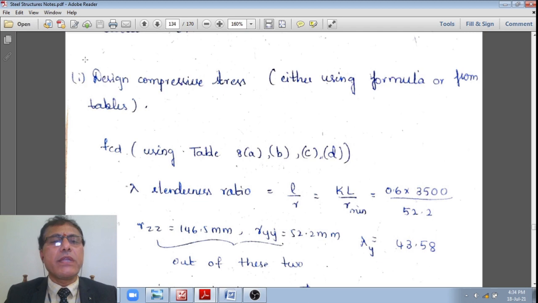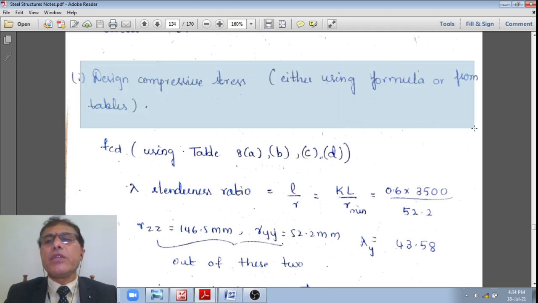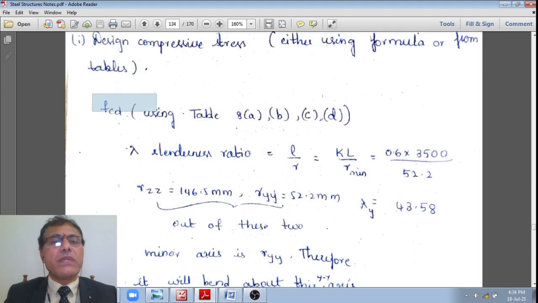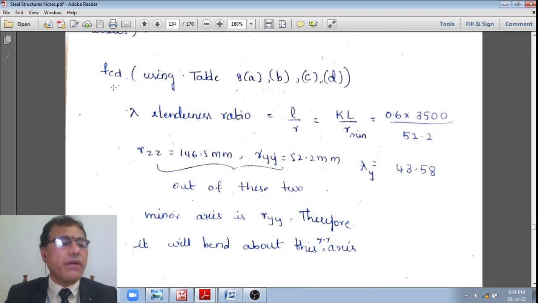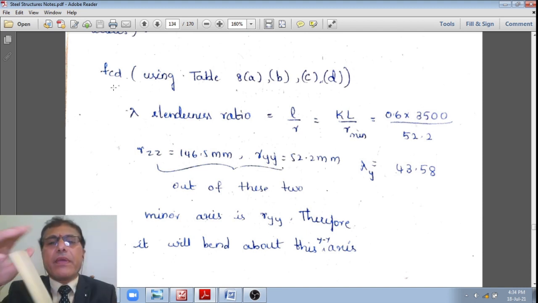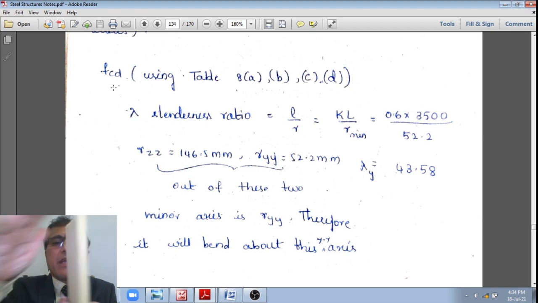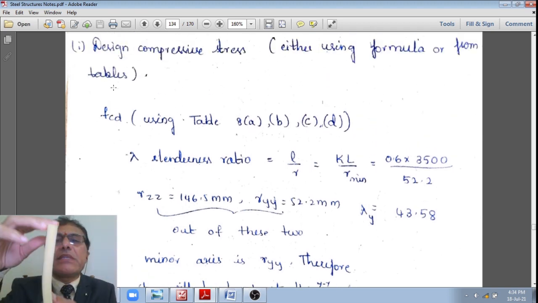Right now, the next subheading is the design compressive strength, either using the formula or using the tables. First we'll try to see what is the design compressive strength using these tables 8A, B, C, D respectively. For which I need to calculate the slenderness ratio, which is defined as effective length to the radius of gyration. Now please make a note, student, I am just calculating this about the minor axis,